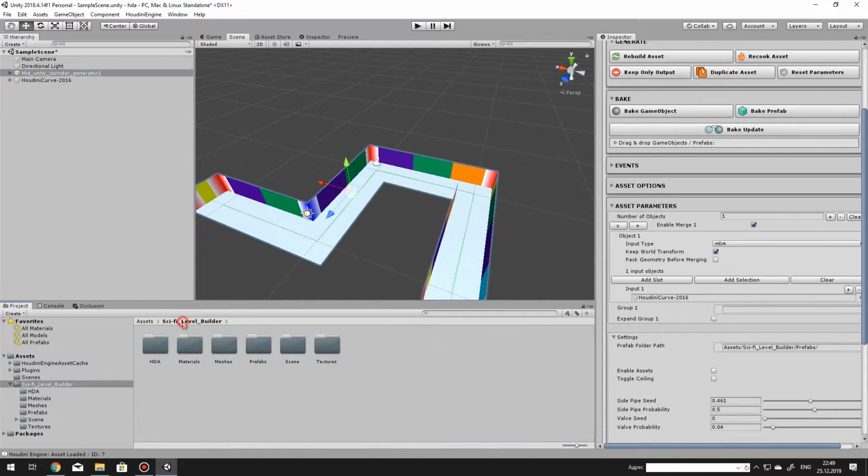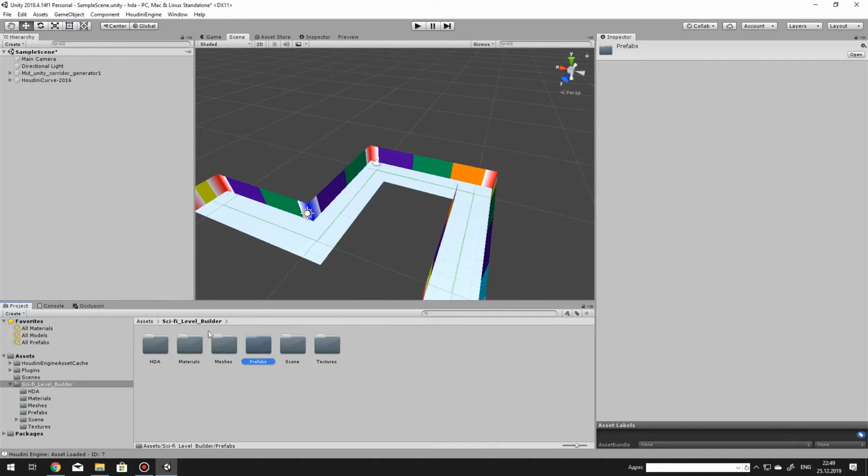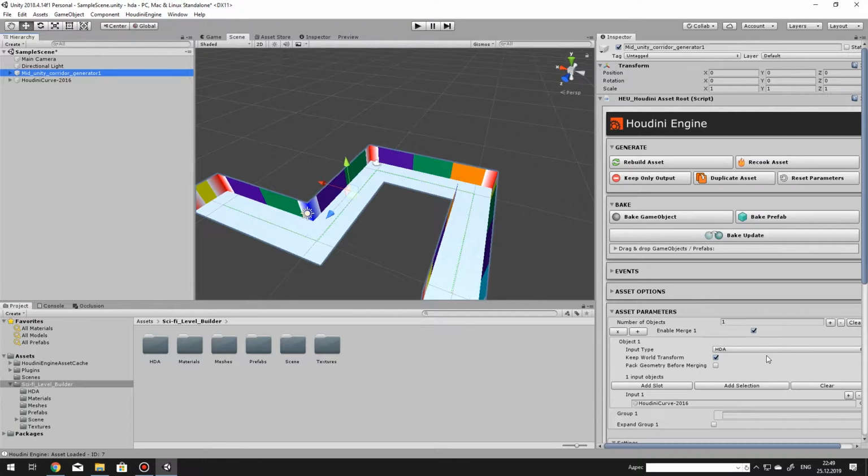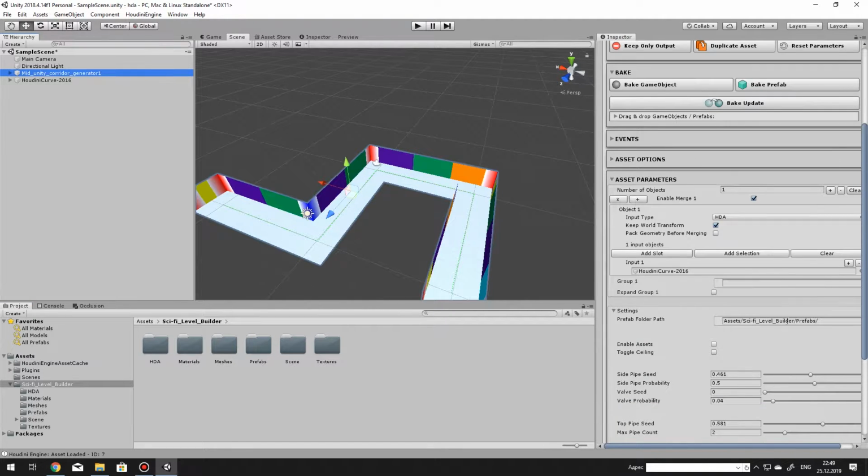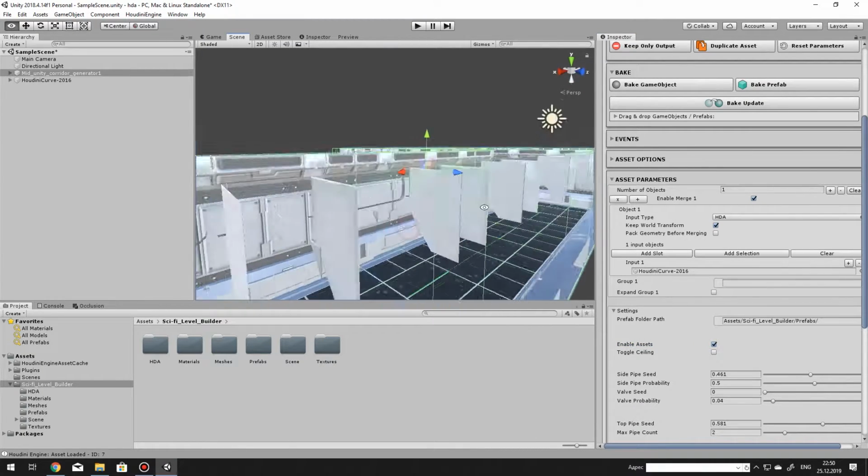So if you change the location of this prefab folder, just match the corresponding string here. When you hit Enable Assets,